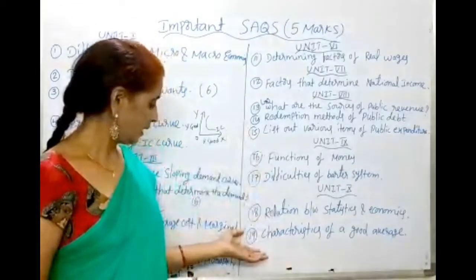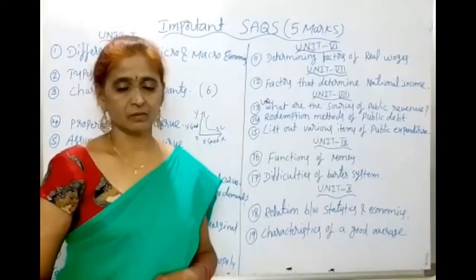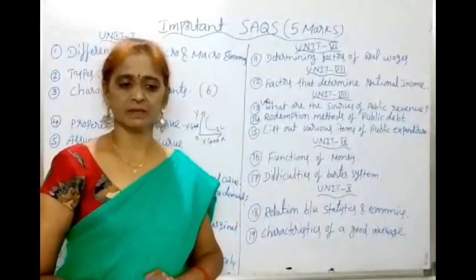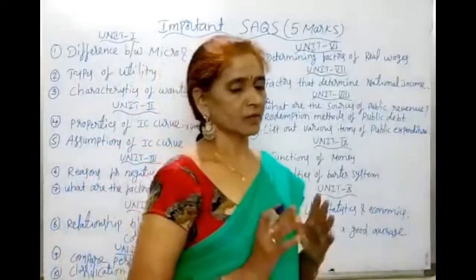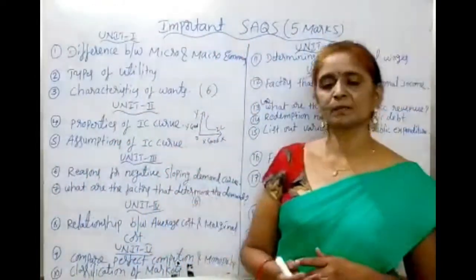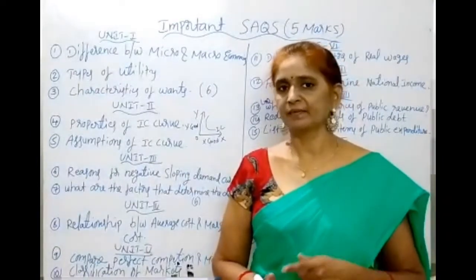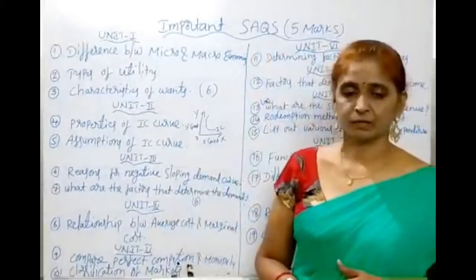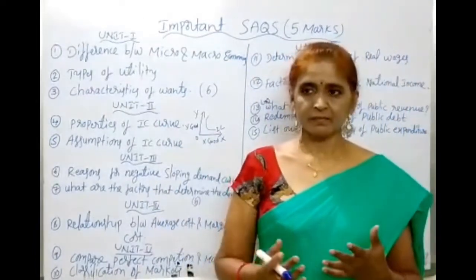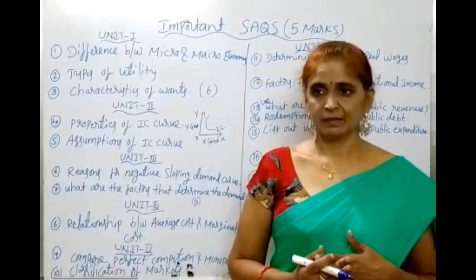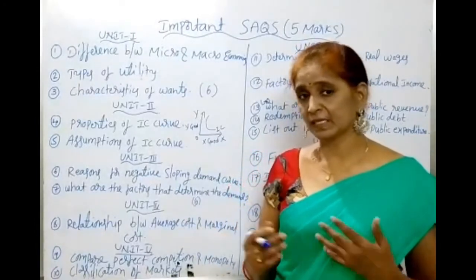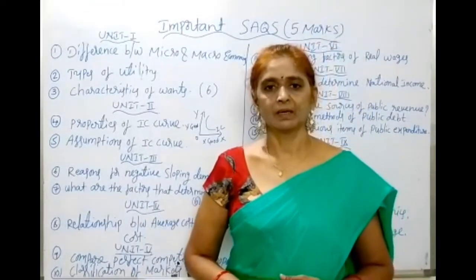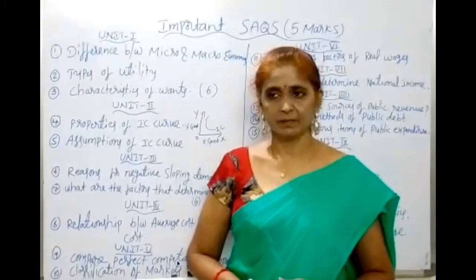Why? Because there are already 19 questions. Okay. So for some of the students it will become difficult to learn all. So these 2 are the most important questions from that unit. And children, for some of the students to learn 19 answers also will become difficult. That is the reason I had already given the weightage. So based on weightage, you are able to skip 2 to 3 units also. Okay, so think once, and which are hard for you, skip those units, and which are easy for you, learn the answers.